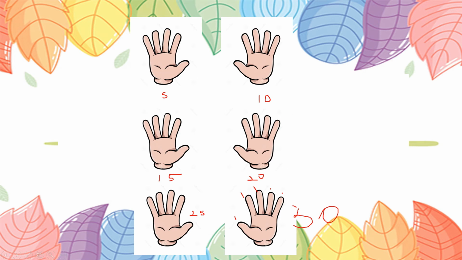After 30, if you add 5 more, it will become 35. 40. Okay. So this is how it is changing. So let us revise all the counting by 5 we have done using fingers. Then afterwards we will use other objects. Okay. So let us move ahead and